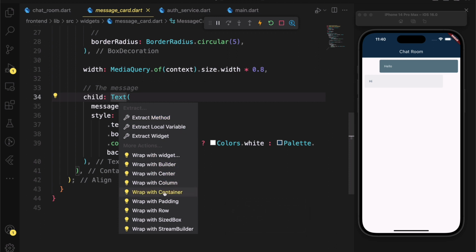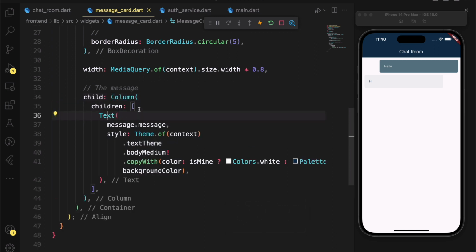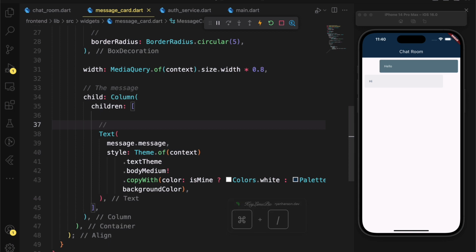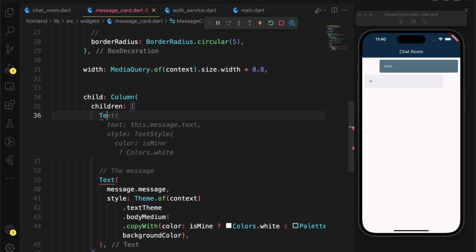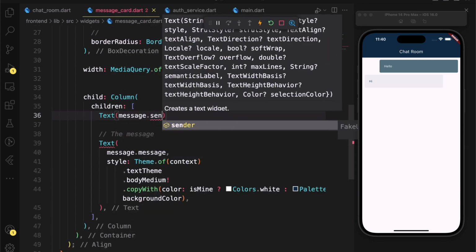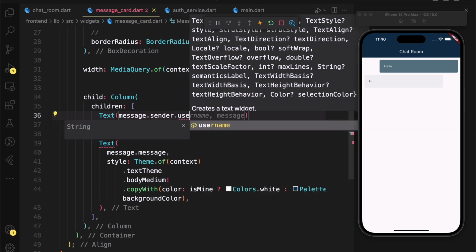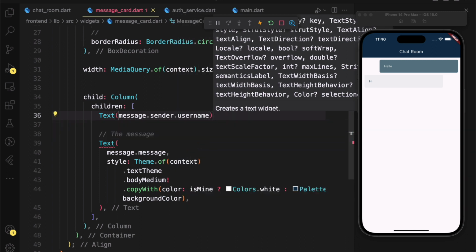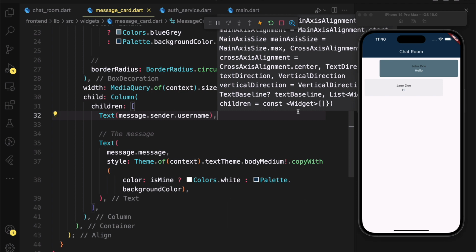So let's do some tweaks here. We're going to change this to a column widget, and then this should be the message, this should be the text, and we get rid of the comment up there. We're going to create a new text widget which should display the name of the sender. So we can say sender.username should be this, and this is not the desired result we want.